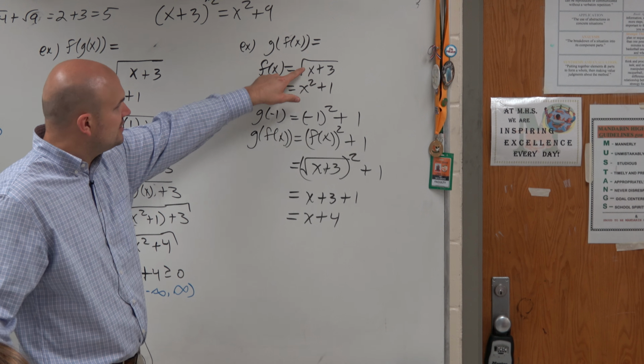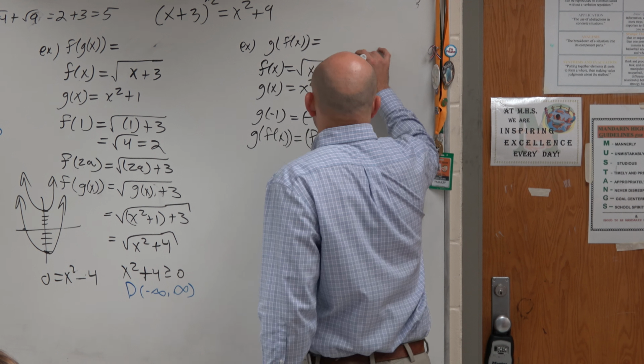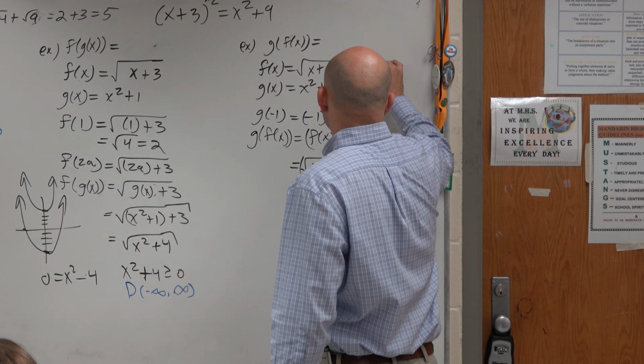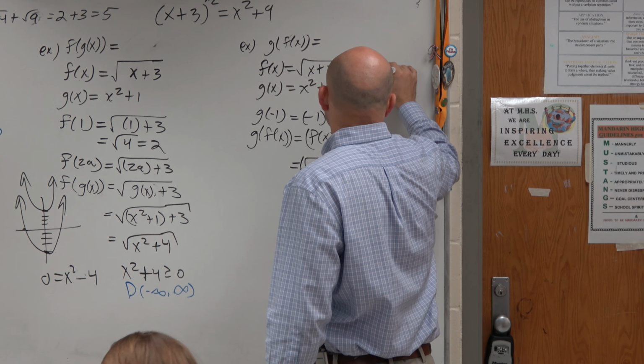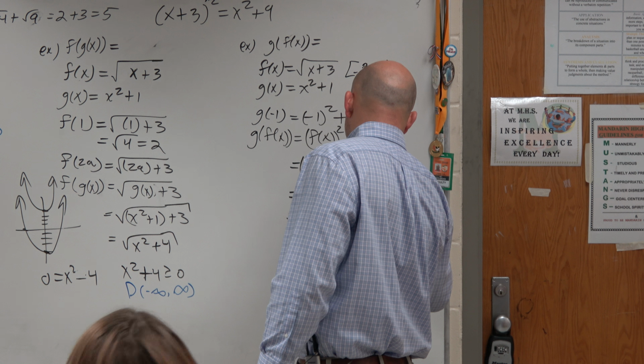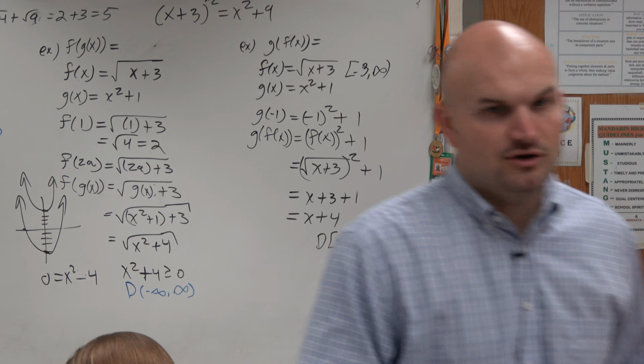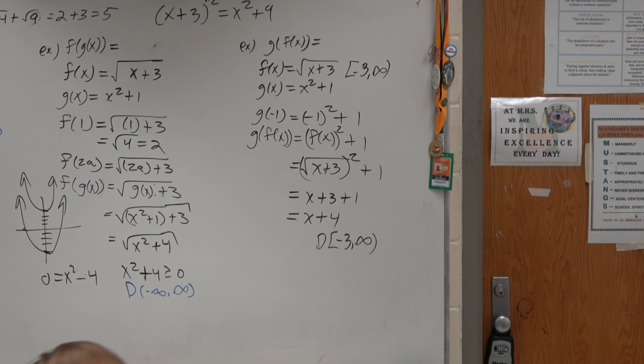So the combination of this domain and all real numbers, let's see, this one is what, negative 3 to infinity? I guess that's going to be the domain of this, negative 3 to infinity. In the same respect, that goes on to rationalizing the denominator. Guys, as long as you do